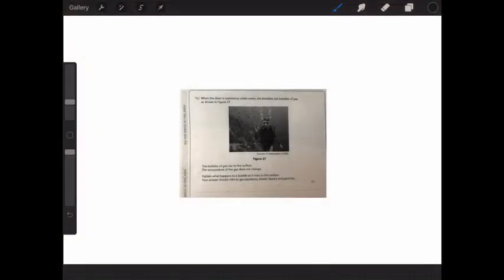So, I'm told a diver is swimming underwater and she's breathing out bubbles of gas. The bubbles of gas are rising to the surface. Right, I'm going to pause at that point and just have a think about what's happening. So I'm in an ocean. A bubble is produced down here at the bottom of the ocean. And I think the key thing that I'm going to start with in my answer is the idea of pressure increasing with depth, which means down here at the bottom, the pressure is high. But as I go higher, the pressure is going to get less.